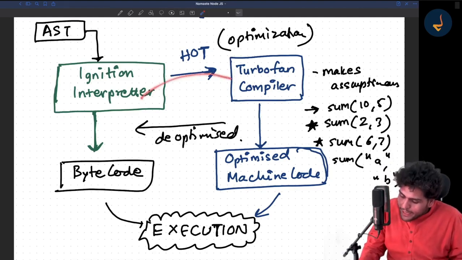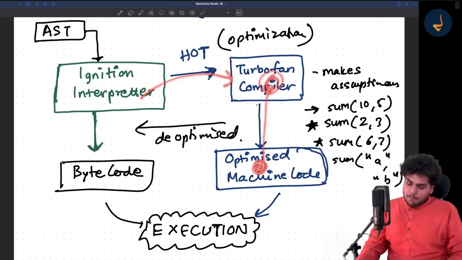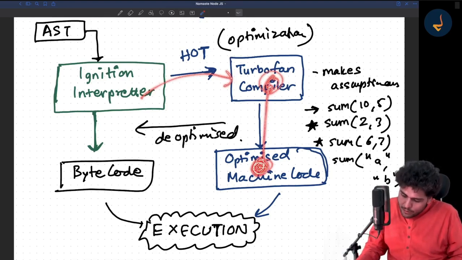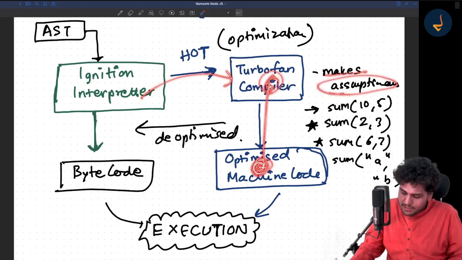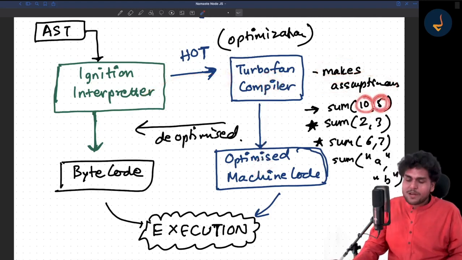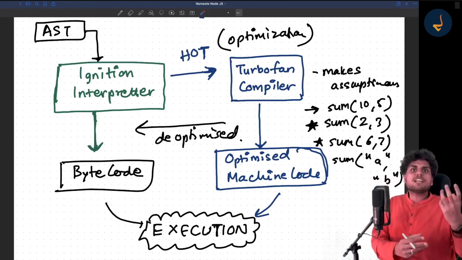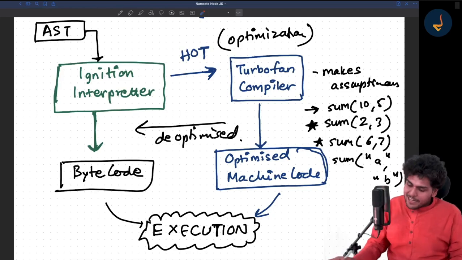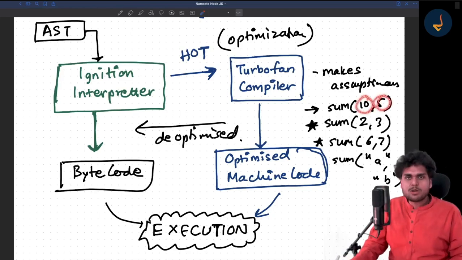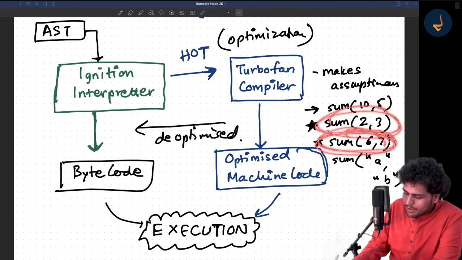So the TurboFan compiler tries to compile that code and optimize it. But while making an optimized version of that code, it makes some assumptions, and those assumptions are that these two values will be numbers. So it generally makes assumptions about the types. It says the sum function will take two numbers. If you keep passing in numbers, if you keep calling these statements,